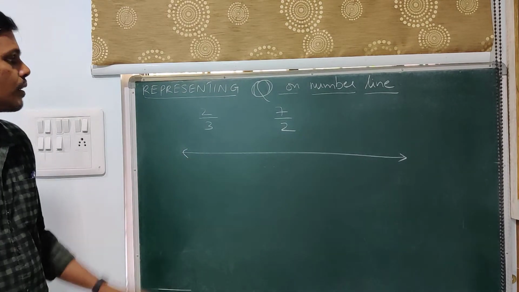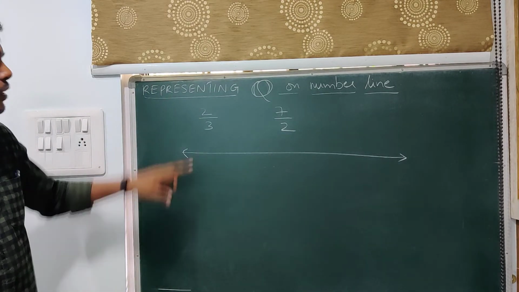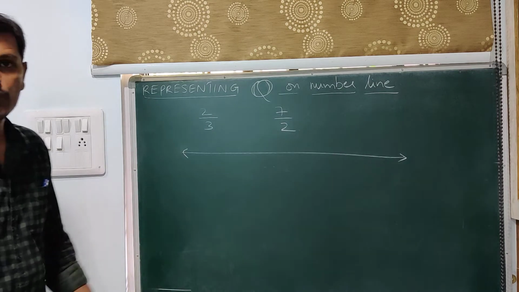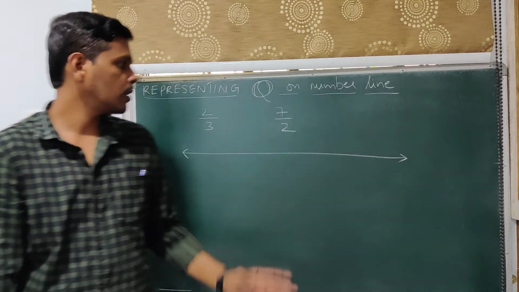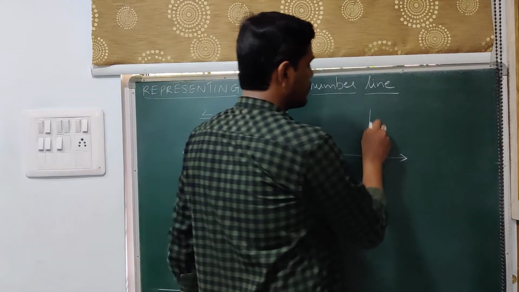Say 2 by 3. Now, whenever the numerator is less than the denominator, you have to understand that value will always be less than 1. The simple reason is this. Suppose say